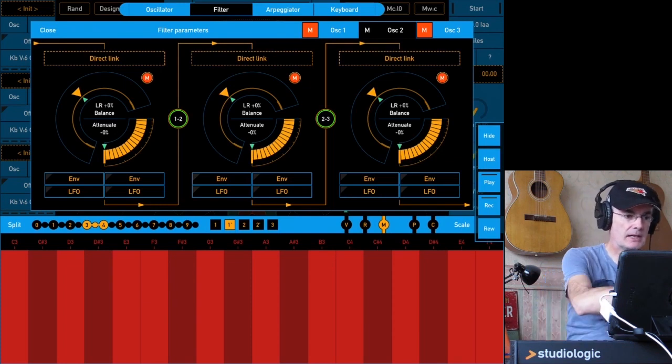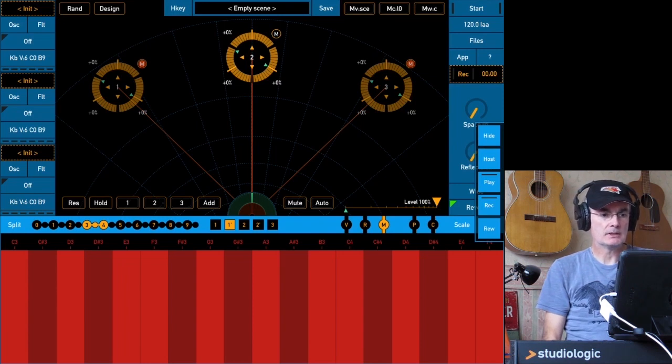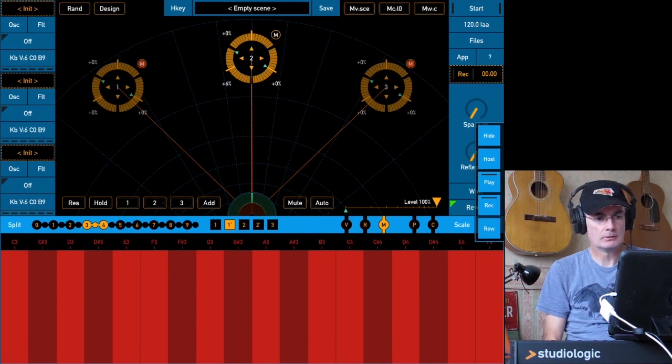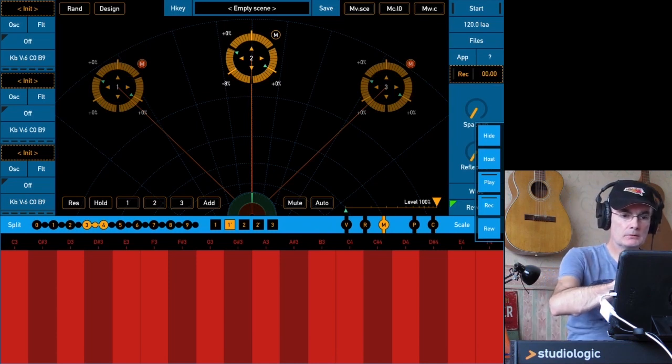And just another thing to say is Effect1 is hardwired, if you like, on this main soundscape screen, to this slider at the bottom left of the sort of petal of Oscillator 2. I'm tweaking it now. So that's varying the value of Effect1, and the one opposite on the right-hand side is actually the Effect2